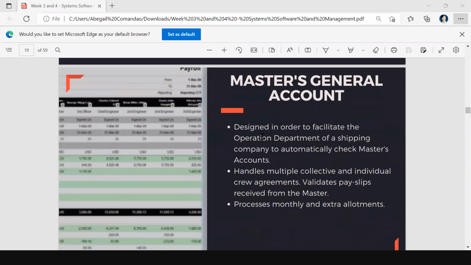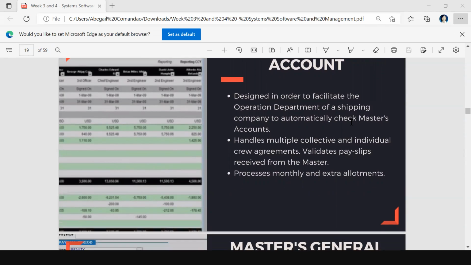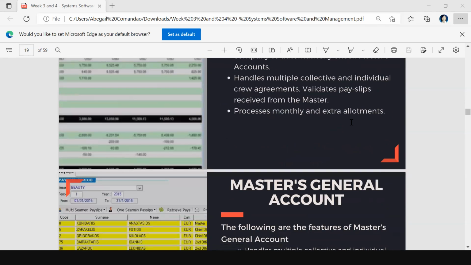Aside from planned maintenance, we have your master's general account. So it facilitates the operation department and automatically checks master's account. So you have multiple collective and individual crew agreements. So the salaries, no, like pay slips. This is what the master collection does. So the salary of the seamen. And it processes monthly and extra allotments. Okay, so